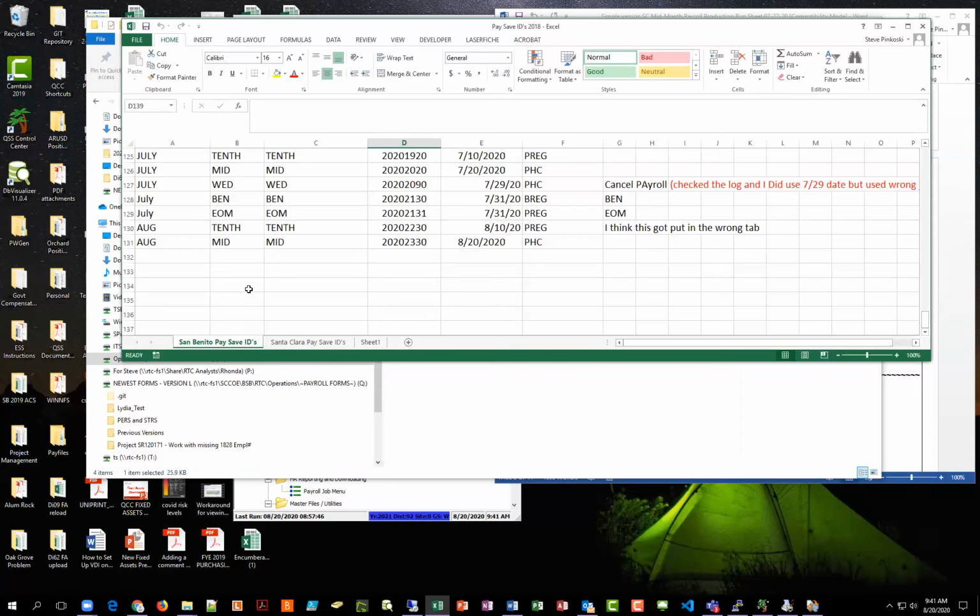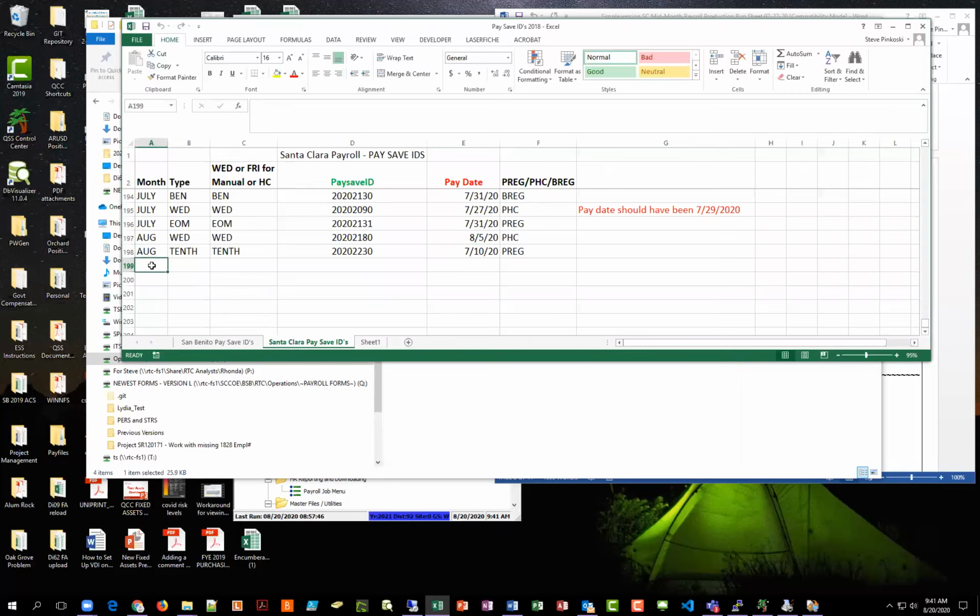So one check I always do is that, and Alan will do it before I do it, so I can look at his and make sure it's the same as mine, and that there's no difference. It could be that his was wrong, or that mine was wrong if they're different. But I always check to make sure that he used the same pay save ID because it should be the same. Okay, so we go over to the Santa Clara side,